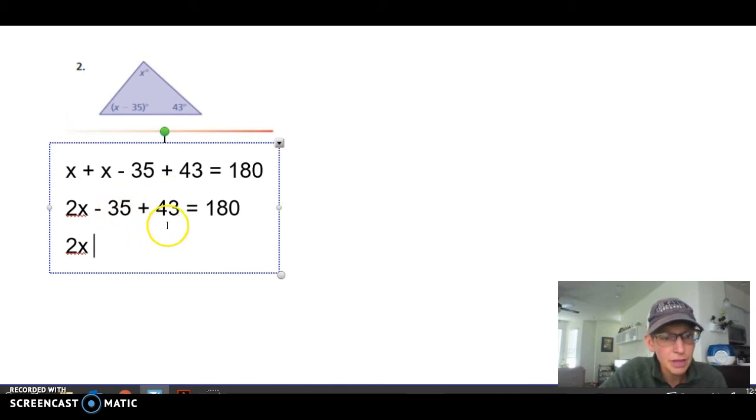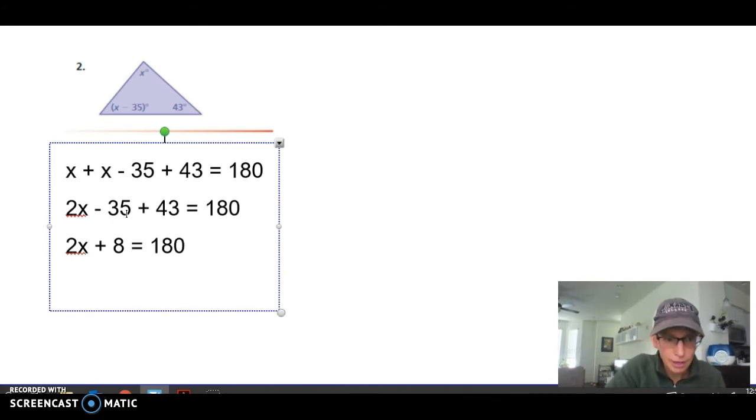Now if we think about this, we have 43 and we are taking away 35. Again, you can put this into your calculator, use the calculators on your tables or on your computer, or do it on a piece of paper. If you take 43 and subtract 35, you will end up with positive 8. And that together will equal 180. Okay, next step,